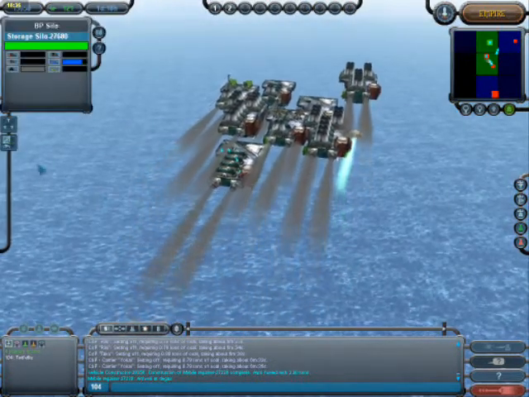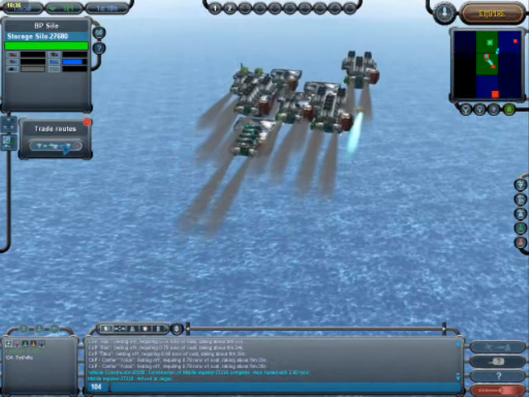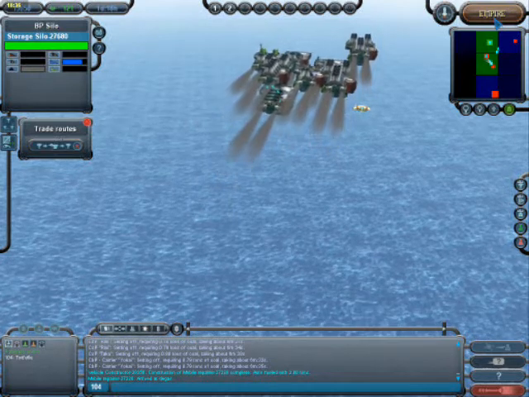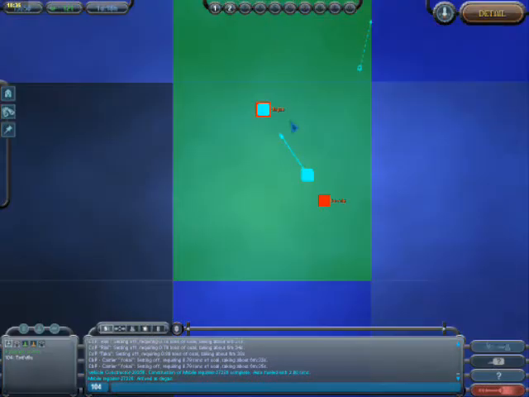If you intend to use the BP silos for a trade route though, make sure you turn it on in the trade route options. That's for silos only. I guess other than that,